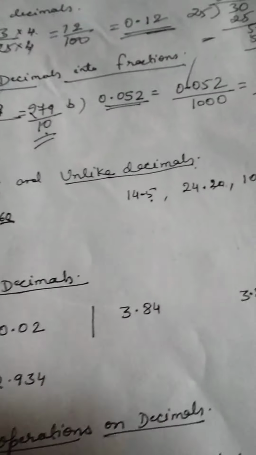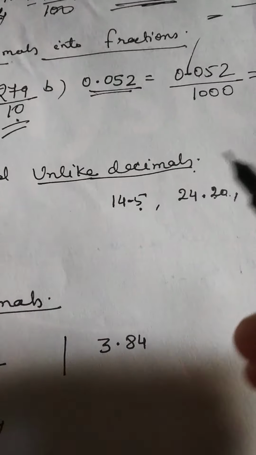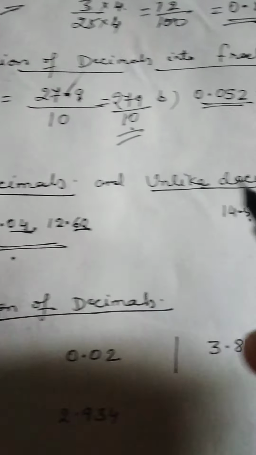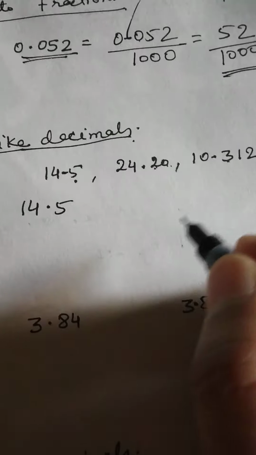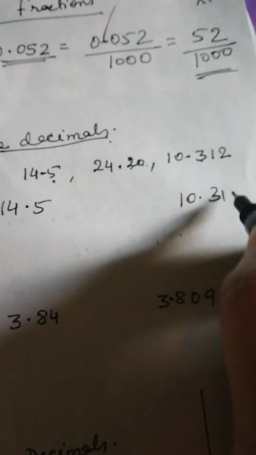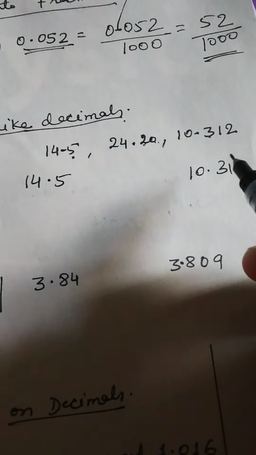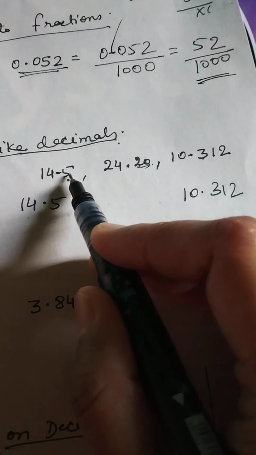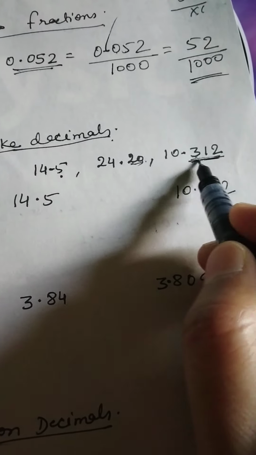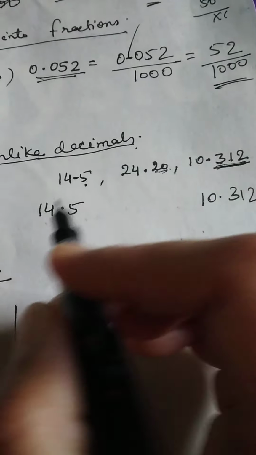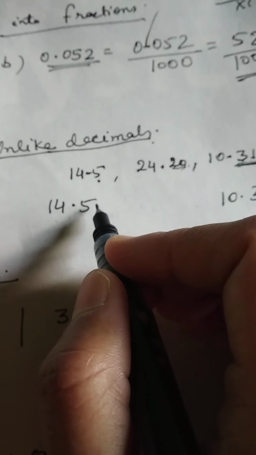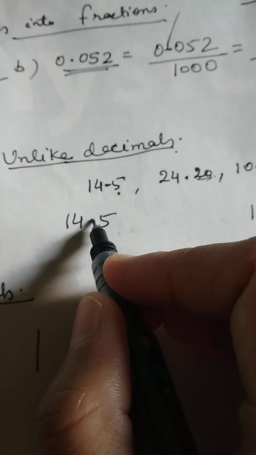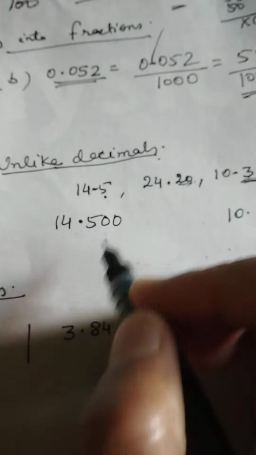Now, here I want to explain one more thing: how you can change unlike decimals into like decimals. Very simple. Make the number of digits the same. How can you make the number of digits the same? Let's see the greatest number of digits after decimal. Here is 2, here is 1 and here is 3. So 3 is the greatest number of digits. 1, 2, 3. So we will make every decimal number have 3 digits after decimal. Here you can see after decimal there is 1 digit. So we can put 2 zeros here. 1, 2, 3. Now it became 3.